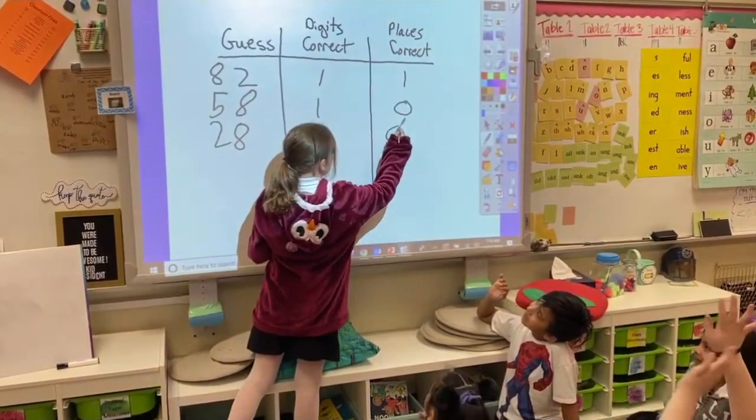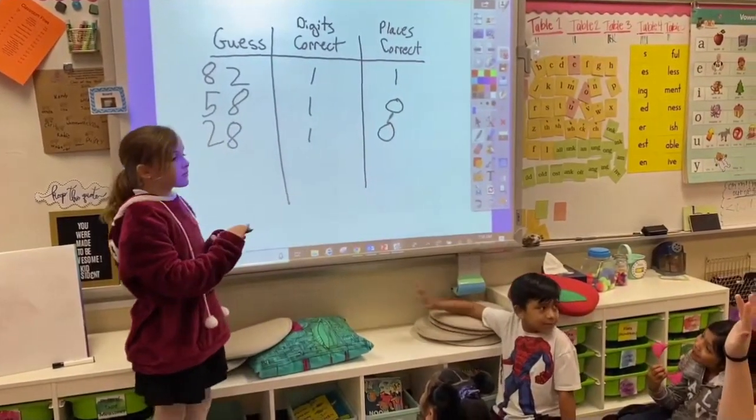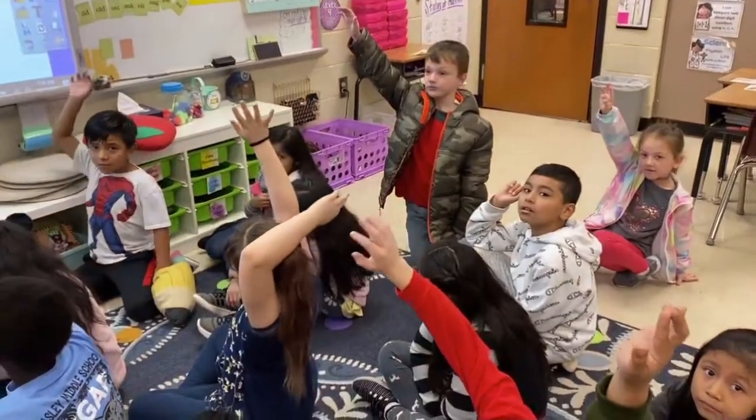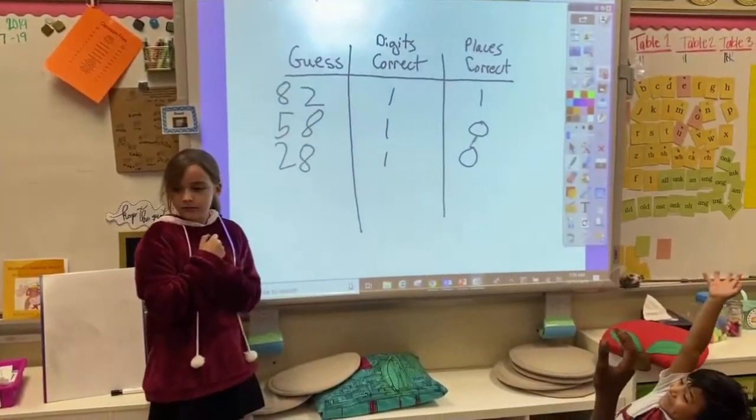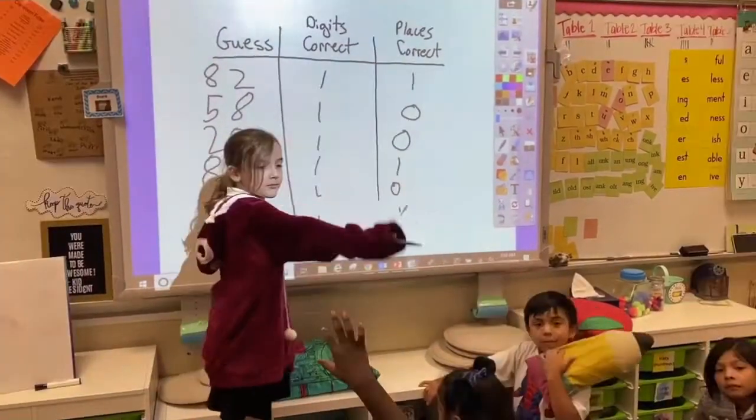What? Because 8 has to be in the front. Where does the 8 need to go? In the front. In the tens place? It's in the 80s. That means we know it's in the 80s. Okay. No, it's